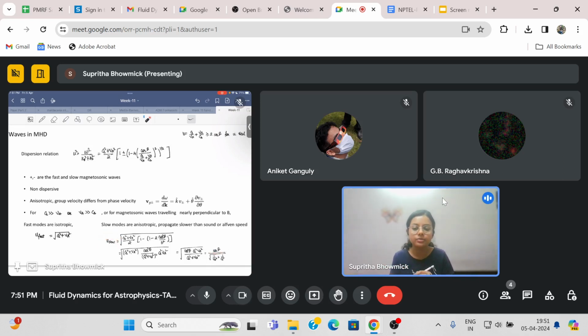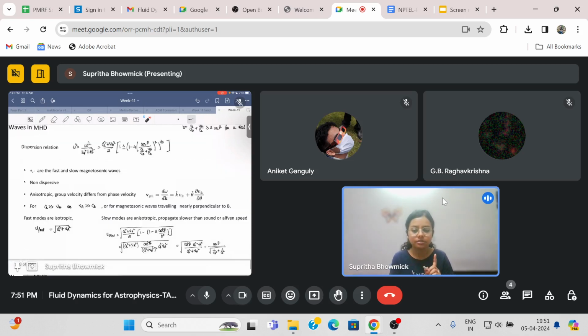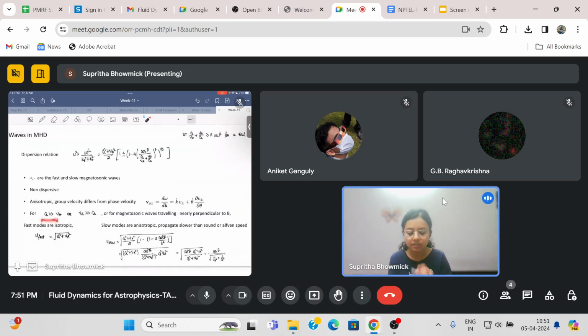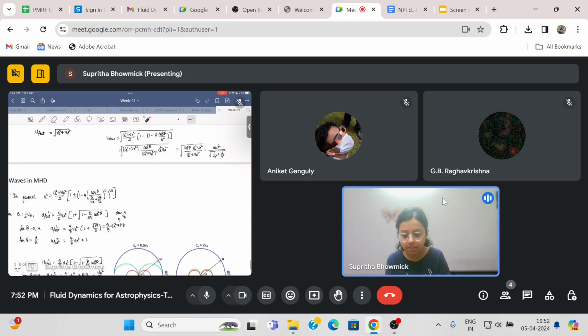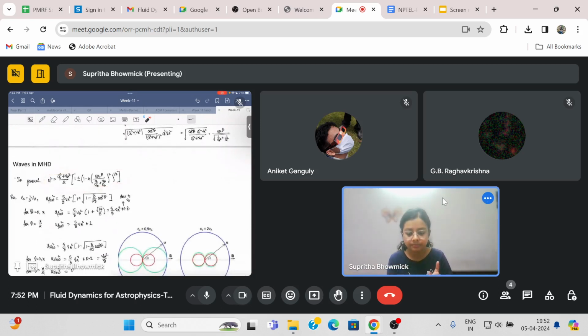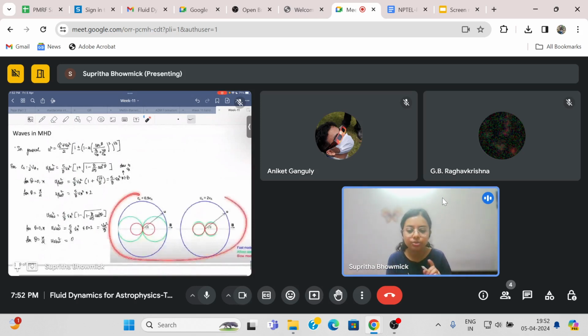Later on, you'll see the profile and you will see that u slow is actually maximum along the direction of B. Clearly, when theta is 0, and you're considering propagation parallel to B, this is maximum, right? And then u slow is given by whichever is slower, Va or Cs. But in these simplifications, when you're considering this or this, for the full dispersion relation, in general, you have all of these ugly terms.